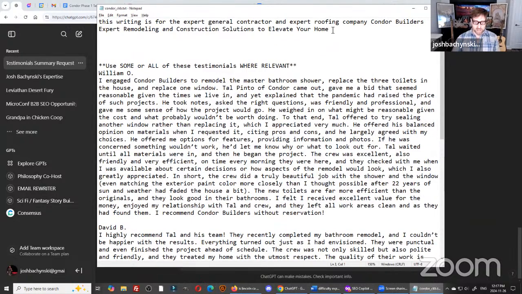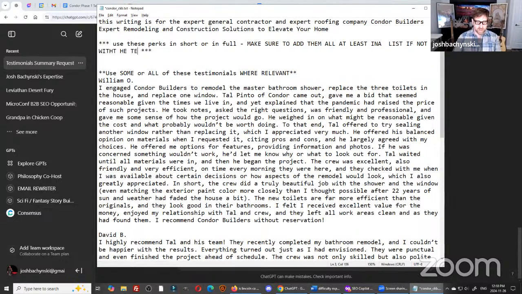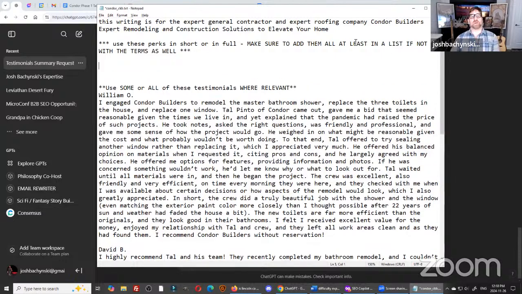I'm also going to be like, use these perks where relevant. Use these perks in short or in full. Make sure to add them all, at least in a list, if not with the terms as well. So if it doesn't list the terms there, I'll make a separate page. It will depend on if that is going to help me or hurt me in getting the exact word count